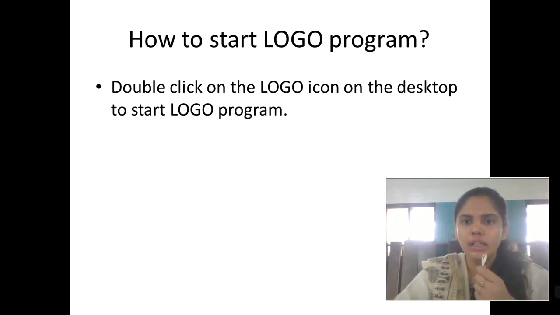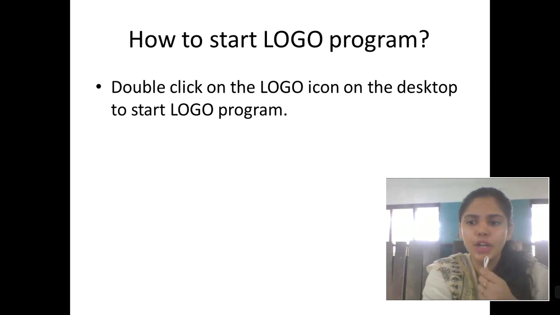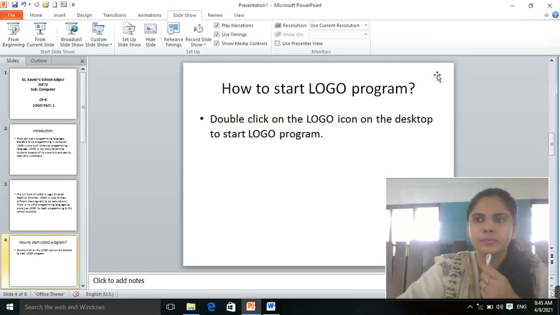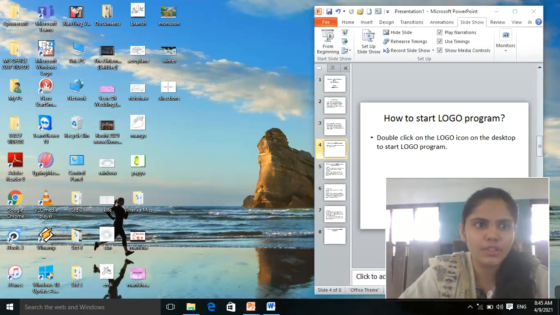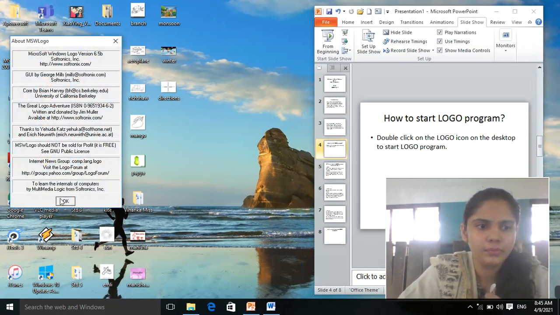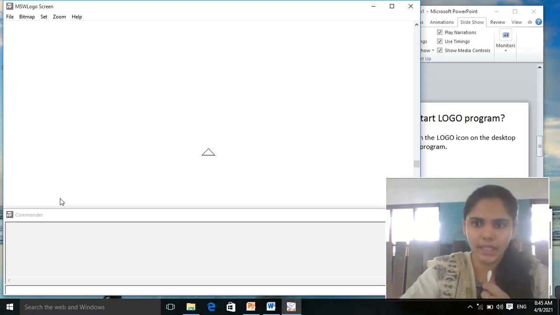Double click on the Logo icon on the desktop to start the Logo program. Okay, my Logo program is just like here. Here you can see the program, the Logo program screen.